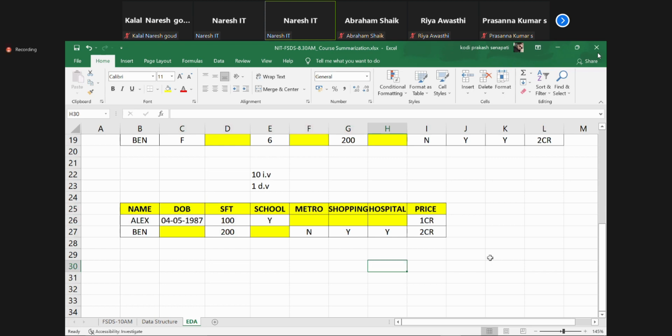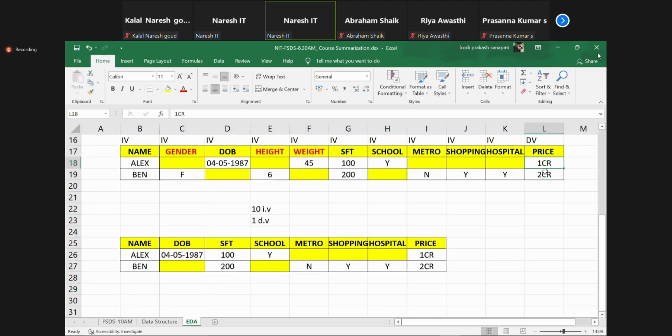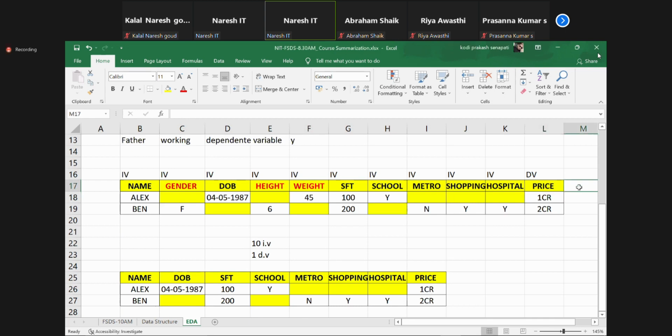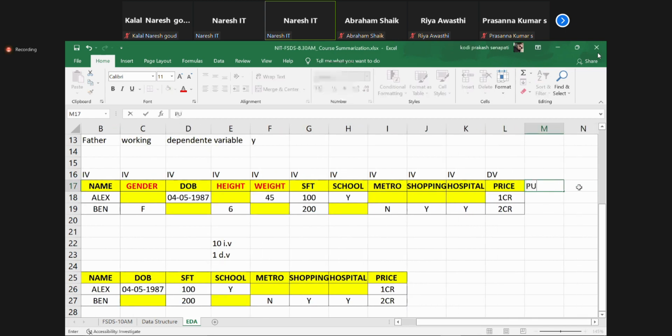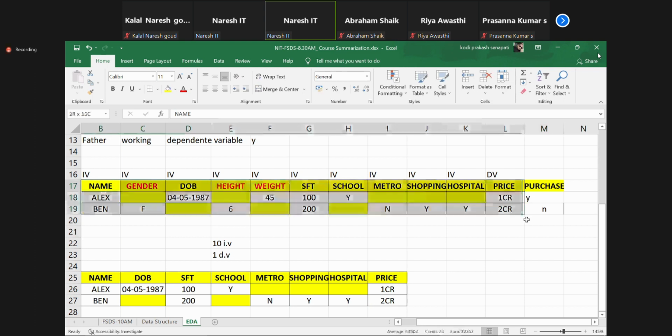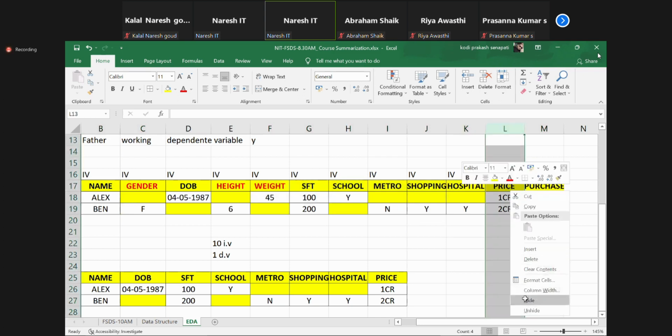Anyone? Is this data regression or classification? Regression, not classification, because the dependent variable is continuous in nature. What is continuous? 1 crore, 2 crore, 3 crore. This is called regression. Now let's say finally you purchase the house, yes, or you purchase the house, no. Let's assume I'll add another attribute here. Understand, guys? So let me go back and apply this. And I can say you purchase the house, and here hide this.